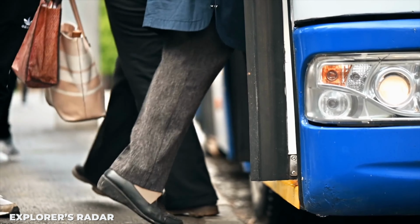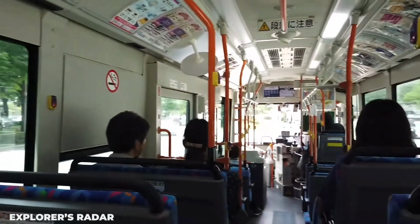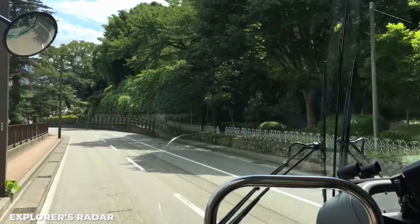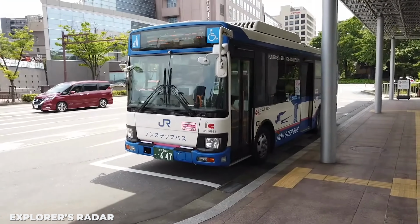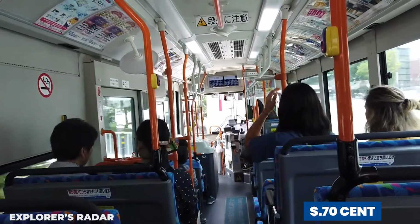Now here's something nobody tells you about transportation. The Kanazawa Loop Bus is essential for efficient sightseeing, but there are 2 routes running in opposite directions. The right loop travels clockwise through Higashi-Chaya first, then Kenrokuen and Kanazawa Castle, while the left loop goes counterclockwise, stopping at Omicho Market first. Single rides cost around $1.40 US for adults and about 70 cents US for children, but